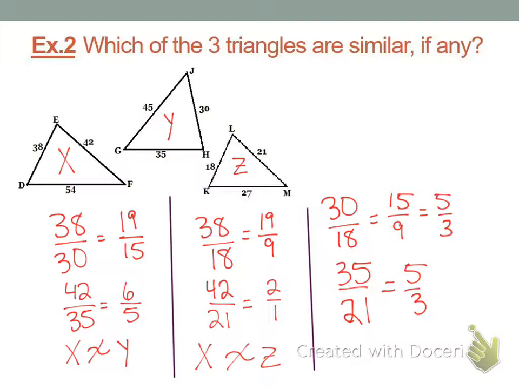So do we need to do the last pair? Yes. Side says that all of them have to be proportional. So the last ones we stopped because we already had 2 that didn't match. Just because 2 of them do match doesn't mean that the last one will for sure. So if you're going to use side, you better check all 3. So my biggest side of triangle y compared to reduces to 5 over 3. So it does work, but if you're going to say yes by side, you better use all the pairs